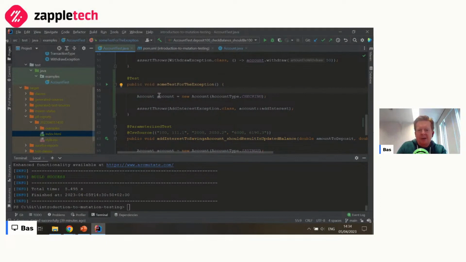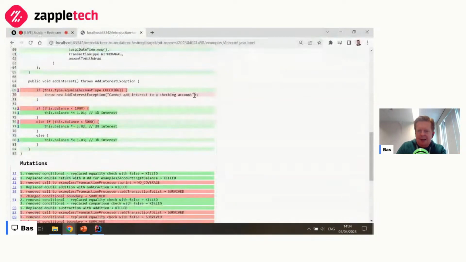So this test creates a new account of type checking and then checks that whenever I call the add interest method on that account, that should throw an exception of type add interest exception, which is exactly the case that mutation testing tells us you didn't cover yet.